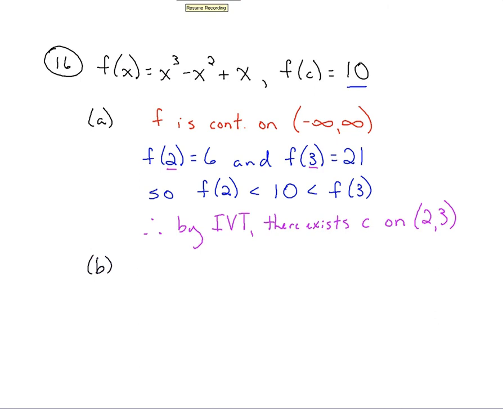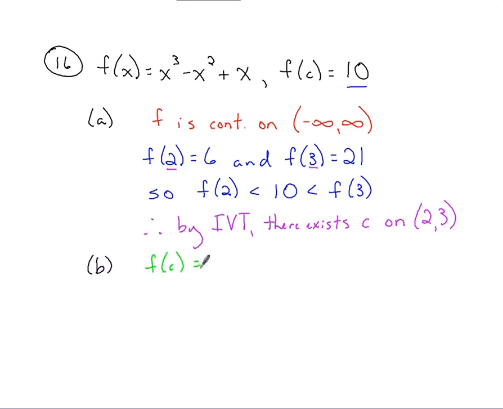All right, for part B, the question is, use your calculator to find c. So here's what we're going to do. We know that f of c equals 10. We also know that c is going to fall between 2 and 3 when we actually find what c is. So I start down here by saying that f of c is equal to,